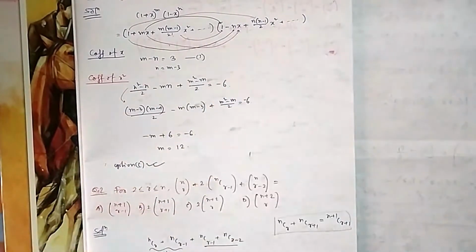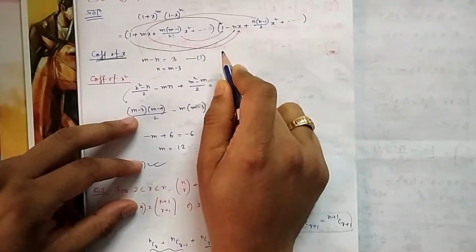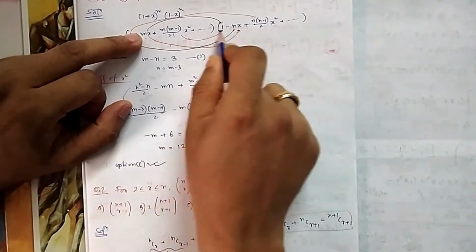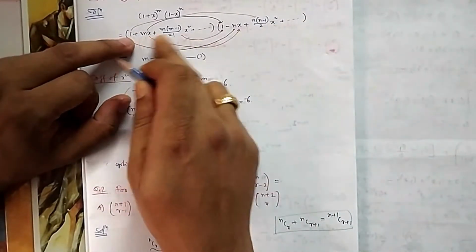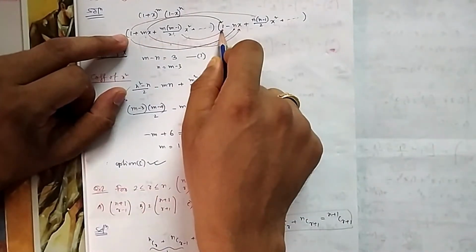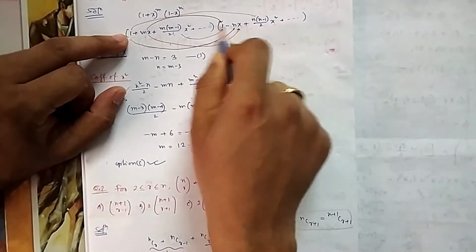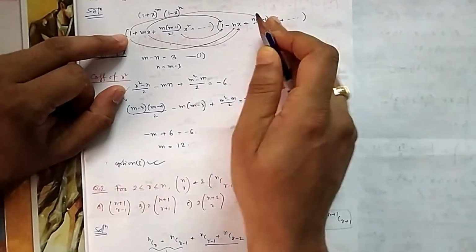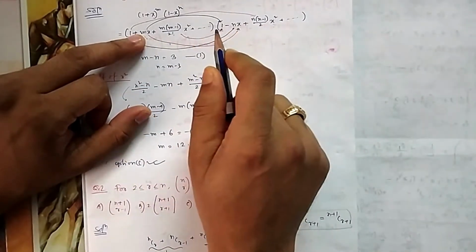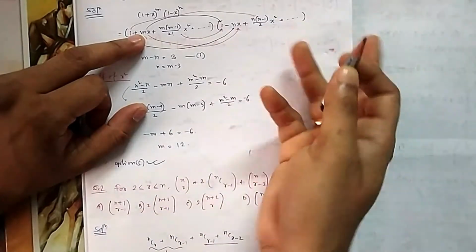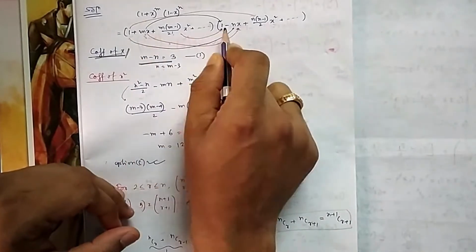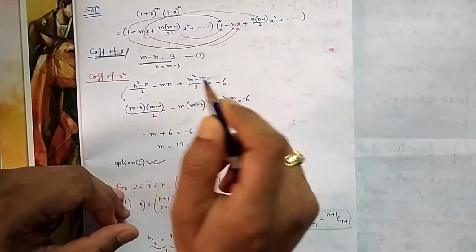So now if you can see, when the coefficient of x will come, if we take product of 1 into nx, and if we take product of mx into 1, then only x will come, otherwise x will not come, because if we proceed, then the power of x will keep on increasing. First 1 into 1, x to the power 0, then 1 into nx you will get x, and if you multiply with other things, that will be more than x. Here also mx, if it is with 1, then you will get only x, and beyond that you will get more powers of x. So if you want to find the coefficient of x, these are the coefficients that you will find: 1 into m, then minus 1 into n.